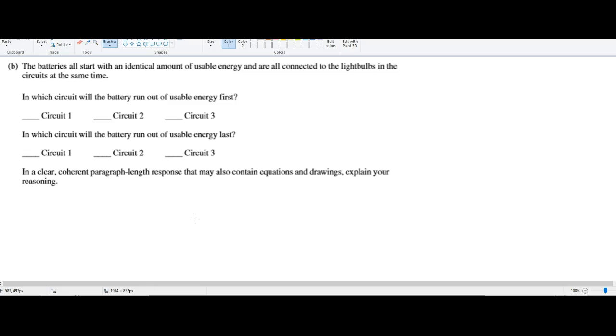In which circuit would the battery run out of energy first? So the real question is, which one is using up? Now, there's a couple ways to approach this. One, power, right? Power equals I squared R. And so we've already determined in situation A,